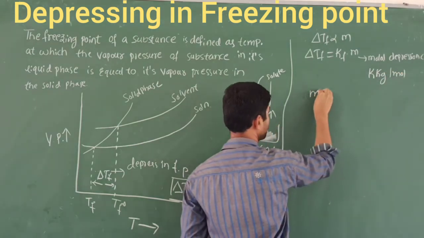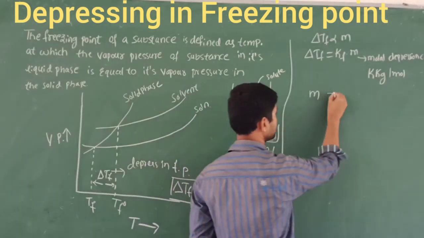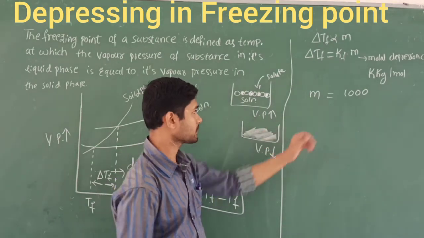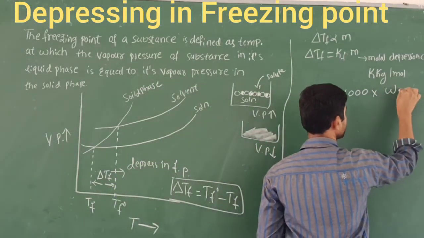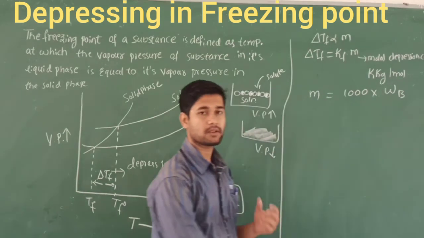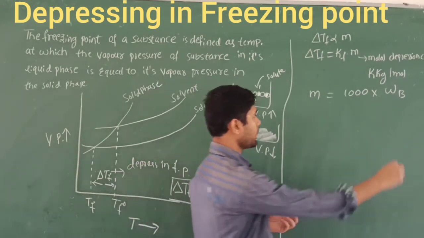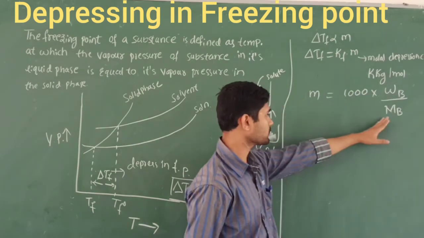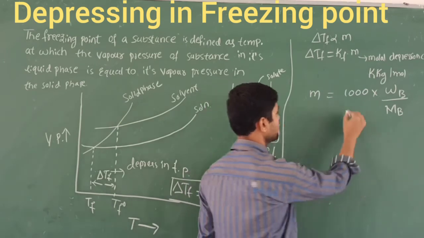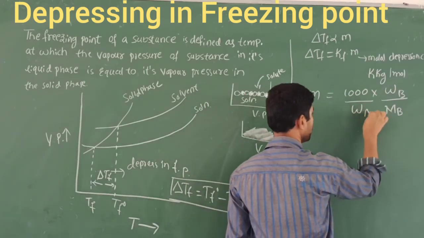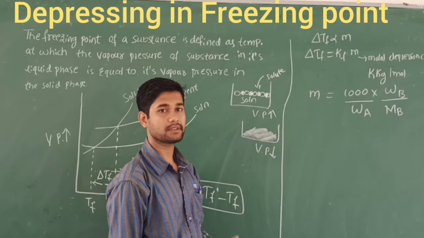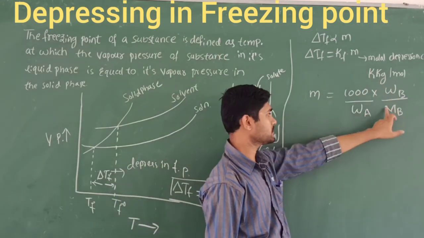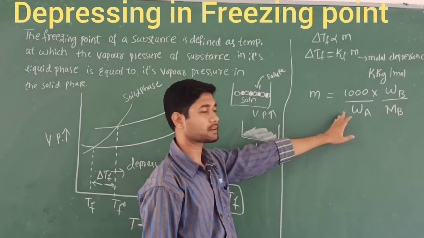So now I am going to write the molality formula directly in terms of grams, with 1000. Now I am going to take Wb. Wb is nothing but the weight of the non-volatile solute, and its respective molar mass, Mb, which is going to be dissolved in Wa grams of the solvent.